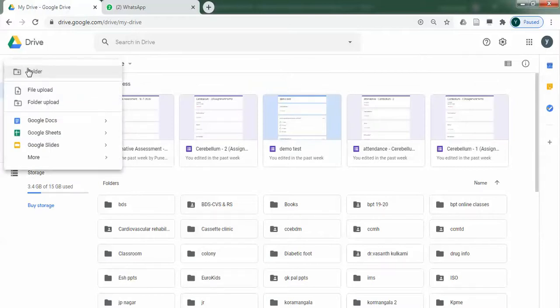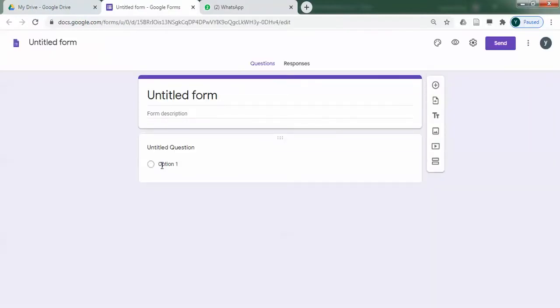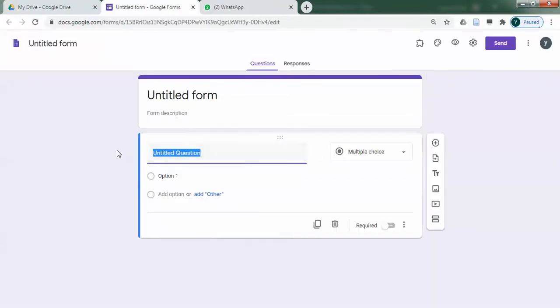Go to the new button, more, and Google Forms. So in this section I'll be mainly concentrating on how to create a test, maybe an MCQ or any other possibilities for conducting our assessments.